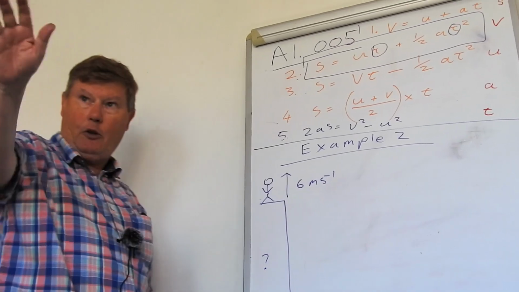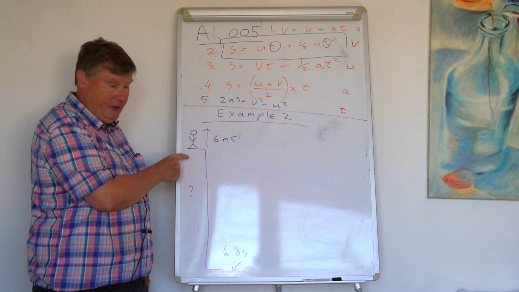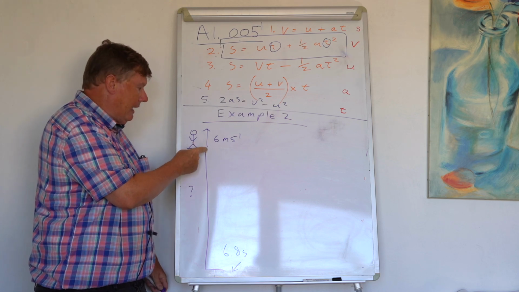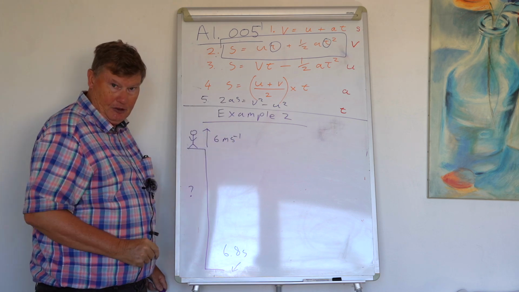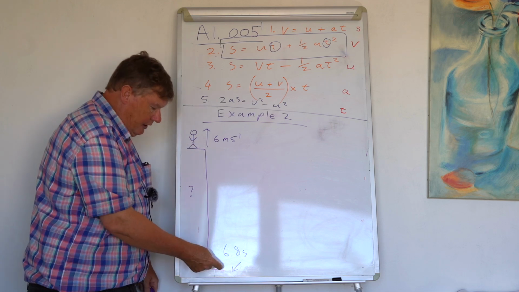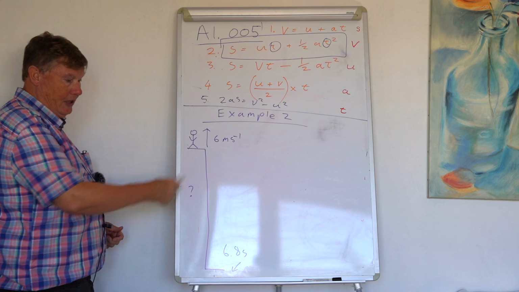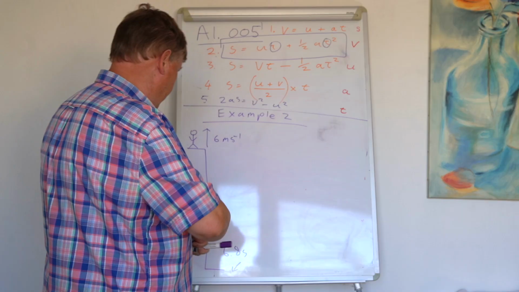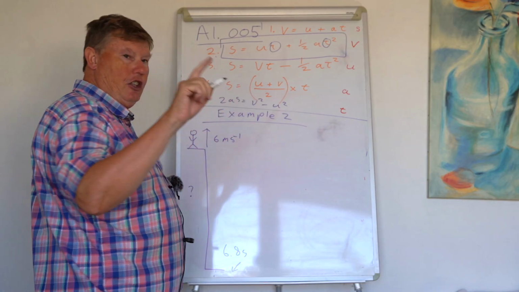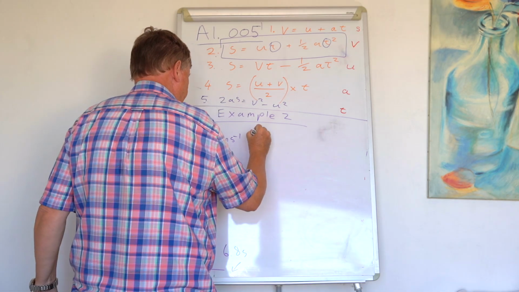So, here's another question. Somebody is standing at the top of a cliff. They throw a rock directly upwards at 6 meters per second. 6.8 seconds later, that rock hits the ground at the bottom of the cliff. What is the height of the cliff? That's my question. So, let's do this the first way, doing it the formal way. You write down